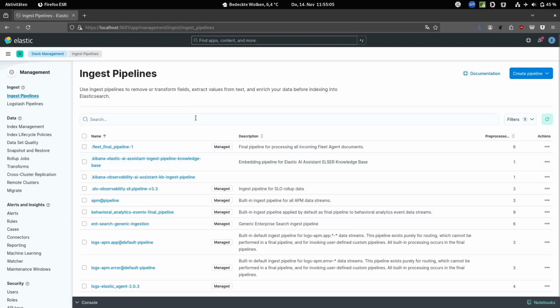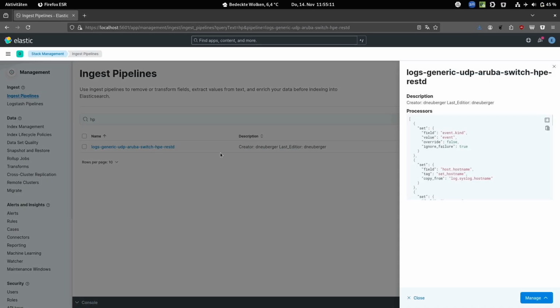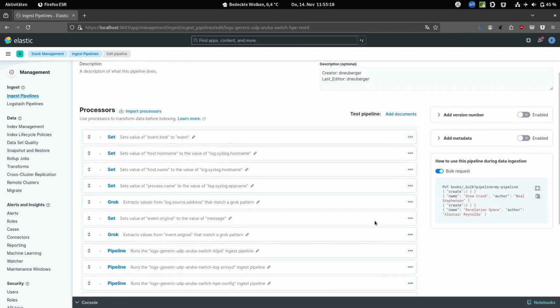I prepared also something: the ingest pipeline, for example this one. It's for a switch vendor, and this is how I can do it. I can write my processors, and it really feels a bit like scripting. It's really important to do some basics to represent the ECS. The ECS default fields are already attached through specific templates in the TCP generic. Then I set the event kind. It's an event. This is something I have to do on my own.